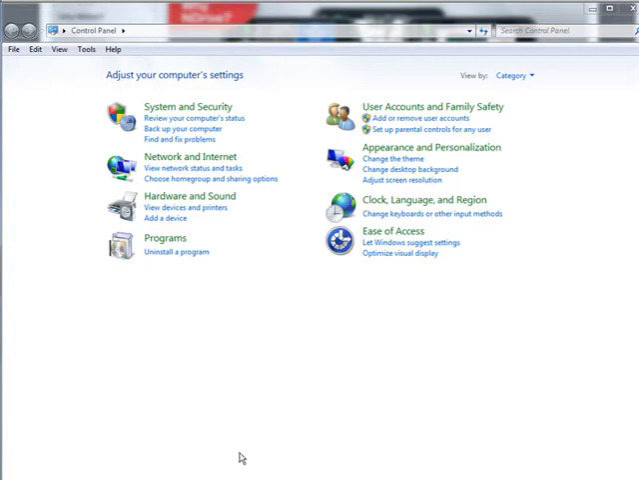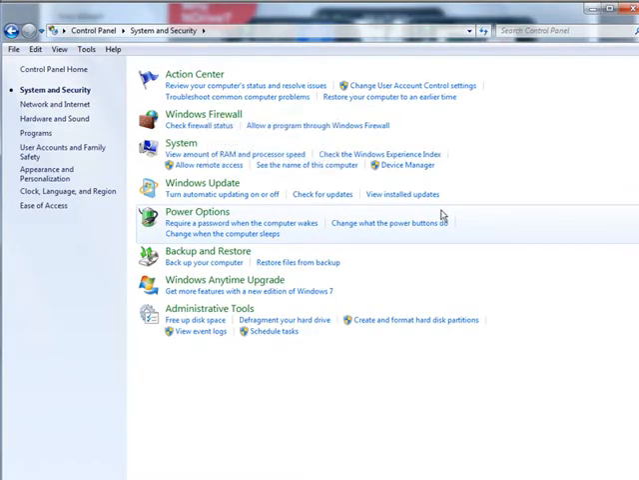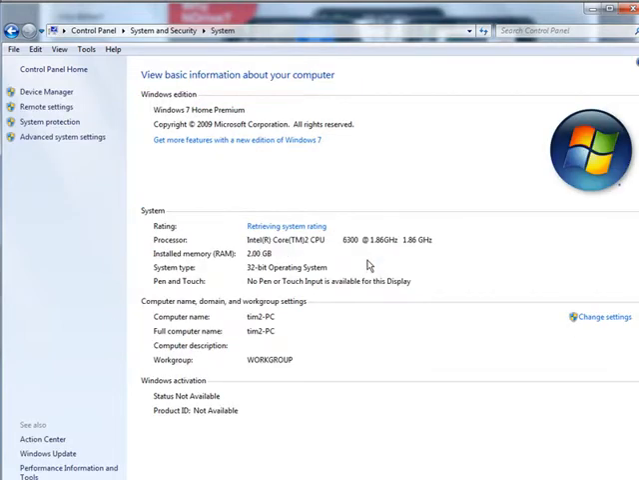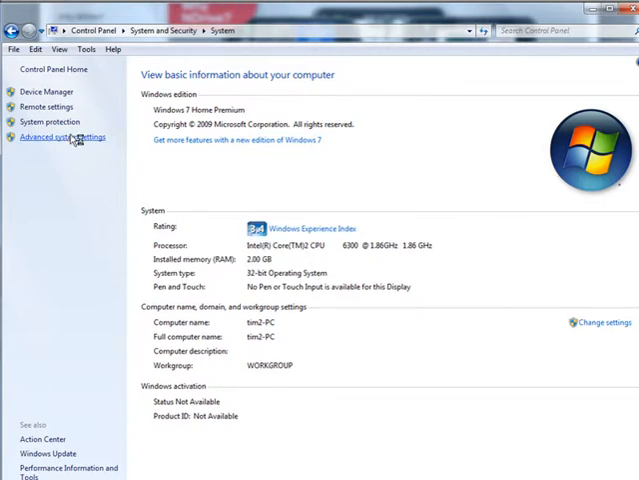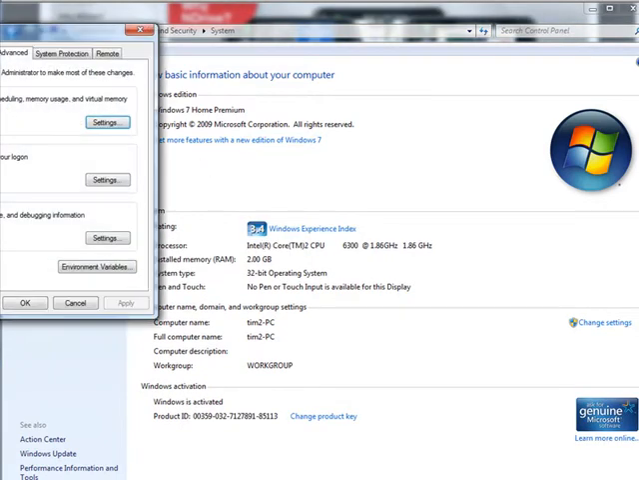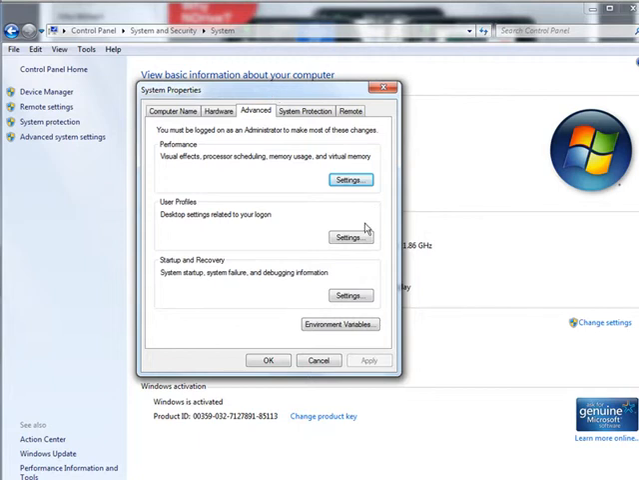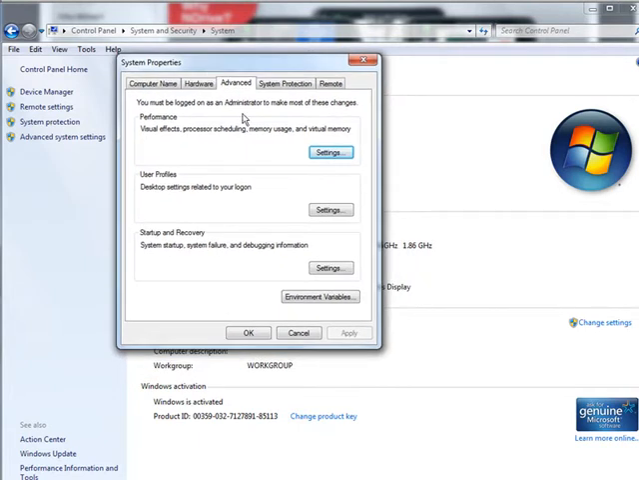Okay, so first of all, let's go to System and Security. We're in the Control Panel, so we'll go to Control Panel first. And now we'll go to System. Then down here, Advanced System Settings. Okay, it pops up a little window like this. Now from here, you need to go to the Advanced tab, and then in here we have Performance Visual